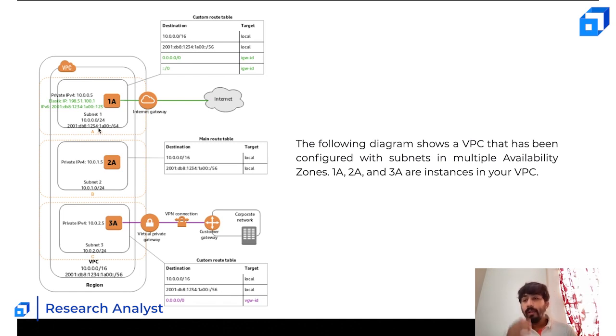Again, same thing, it's 10.0.2.0/24. So the thing is, the IP address range you're providing for your subnet will be within the IP address range of the VPC, but it cannot be the same as the IP address range of a VPC. So if the IP address range of the VPC has been provided as /16, you cannot use the same subnet mask as /16. It should be more than that. It should be 20 or 24 or 30 or something like that. Okay. So in this case,